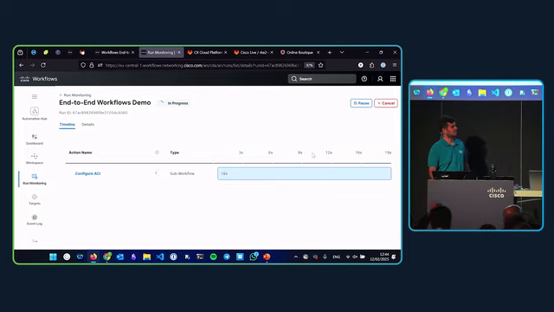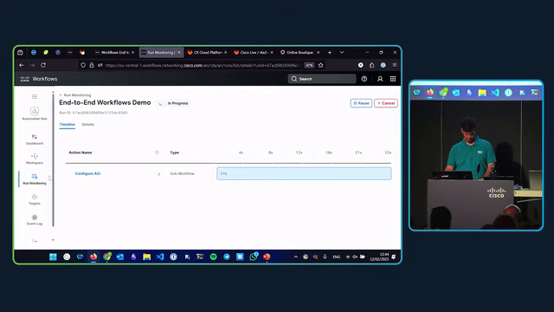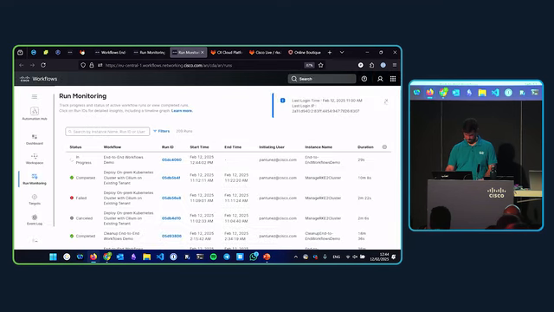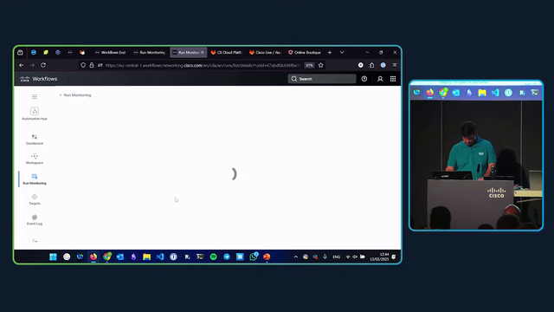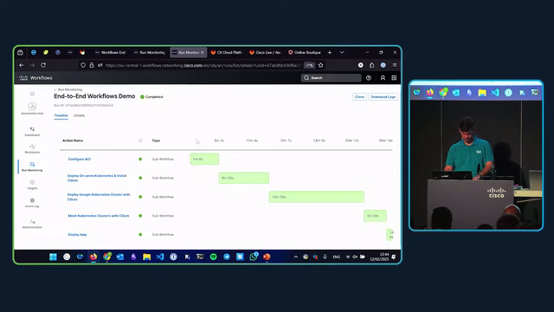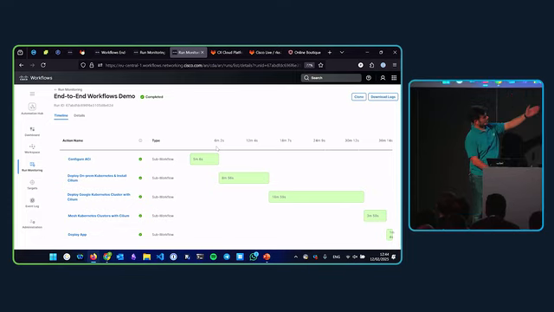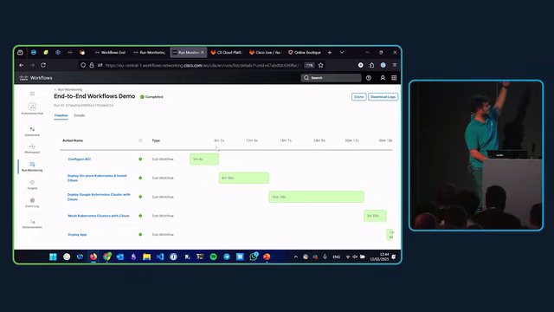Could we show a previous run quickly? Could we show a last successful run? Of course. If we go here to run monitoring, and I look for, for example, this, this is how it's going to look at the end of the session. Basically, everything is happening in order. We have the feedback about the timing of everything. And as I told you, the entire thing is about 37, 40 minutes.